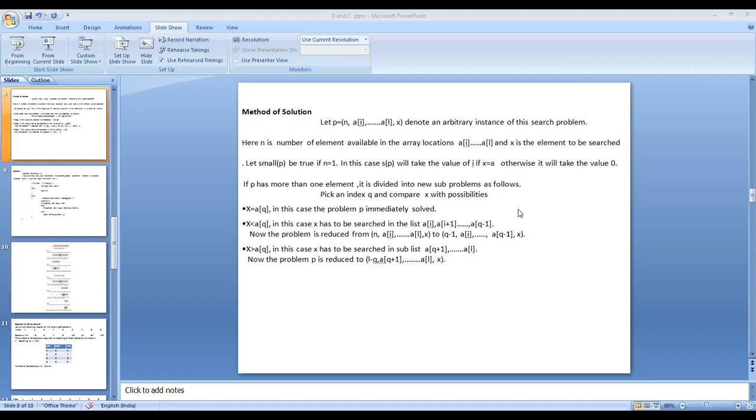Okay, as an illustration, you are given these numbers: 10, 12, 20, 32, 50, 55, 65, 80, 99. Mind that these are all in sorted order. My search value is 12. What do I have to search? I want to search whether my 12 is in the list or not.